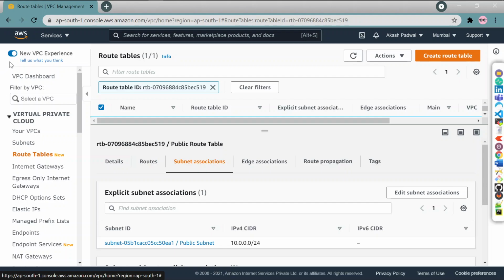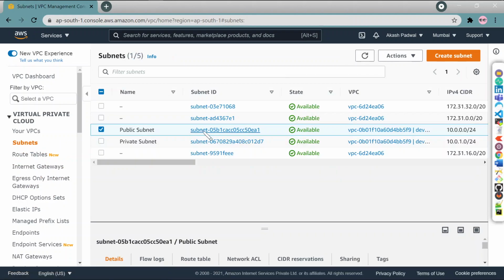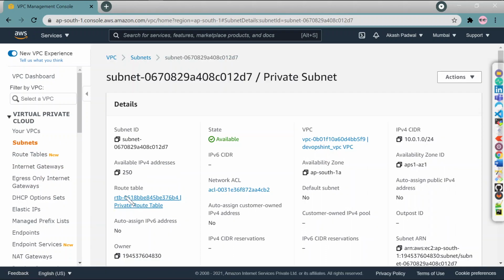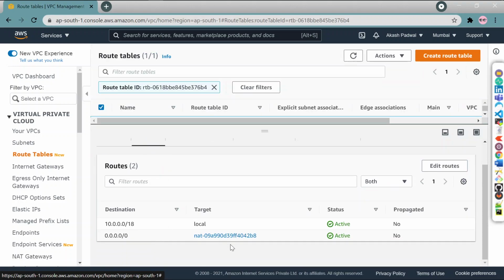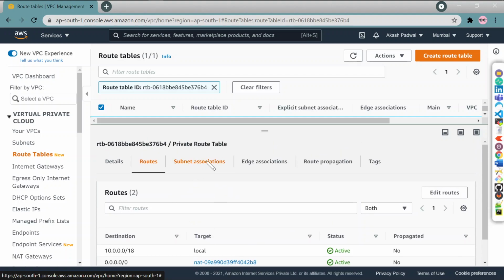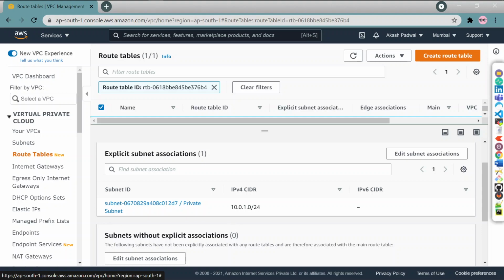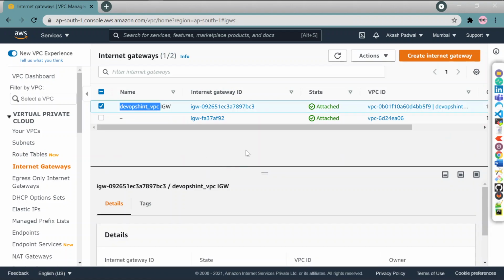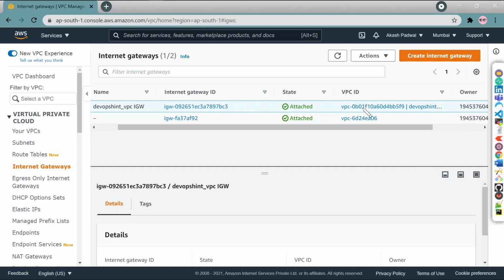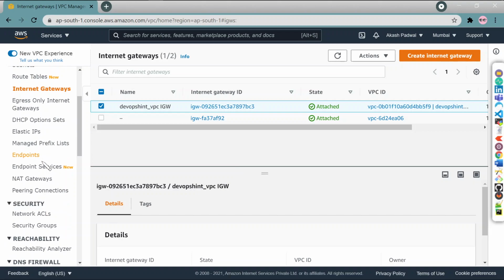Then for the private subnet also you can see the route table ID. In the route table you can see a route to the NAT gateway. Here you can see the target is the NAT gateway, and in subnet association it is associated with the private subnet. Fine. In internet gateway you can see the DevOps VPC internet gateway has been added and it is attached to the DevOps VPC.